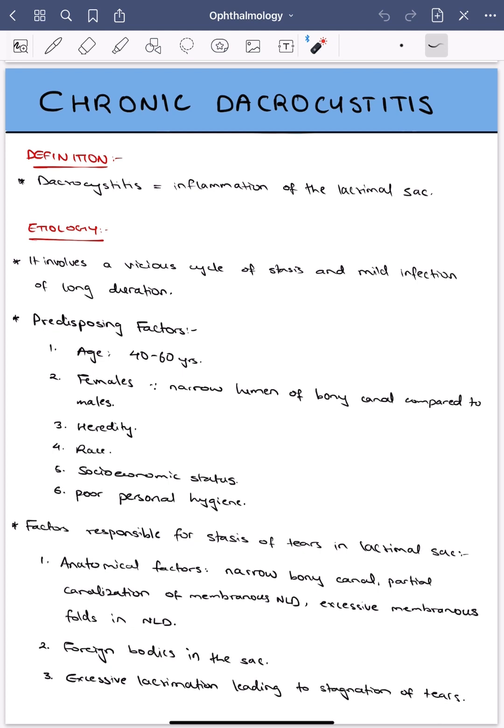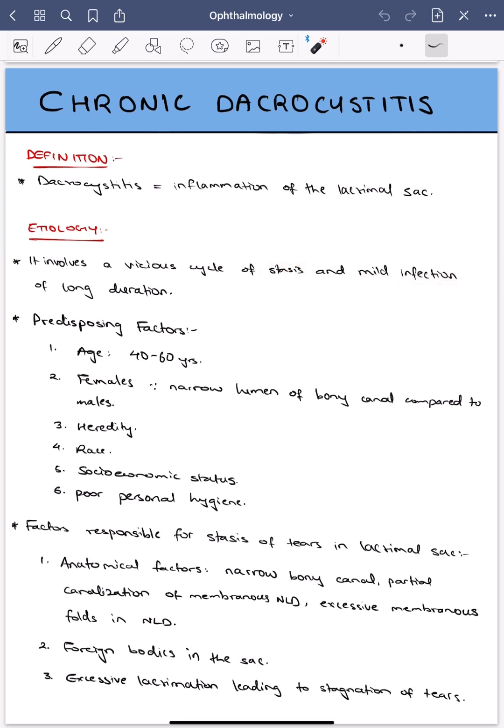Now, the predisposing factors are age, 40 to 60 years. It is more common in females due to the narrow lumen of the bony canal compared to that of males. The other predisposing factors are heredity, race, socioeconomic status, and poor personal hygiene. Now, remember, we mentioned that it is a vicious cycle of stasis and mild infection, that is stasis of the